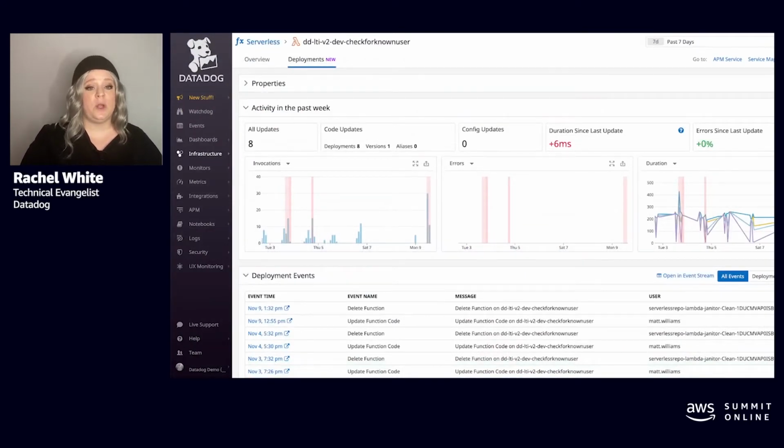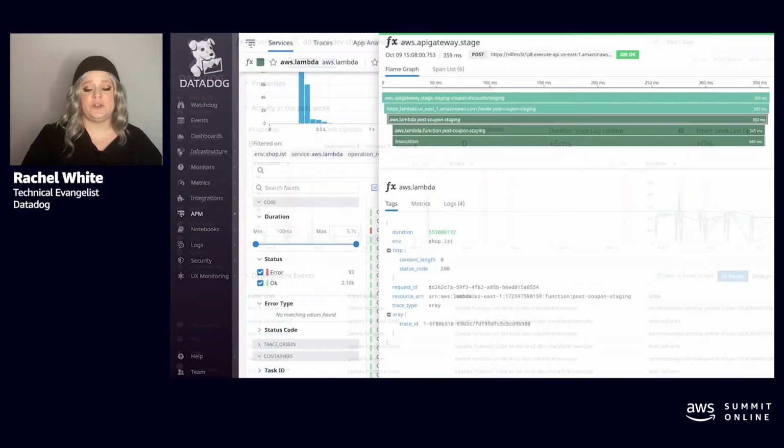And speaking of deployments, one of the things that is super critical in seeing when changes are introduced and how they affect things overall is the Deployments tab. With the Deployments tab, we're able to see all of the deployments as they happen across time. They'll show up as events as well, and you'll be able to track over time if an error is potentially because of new software or if it was because of a change in user behavior, an attack, or something else. It gives you another data point for what is happening inside of your systems.